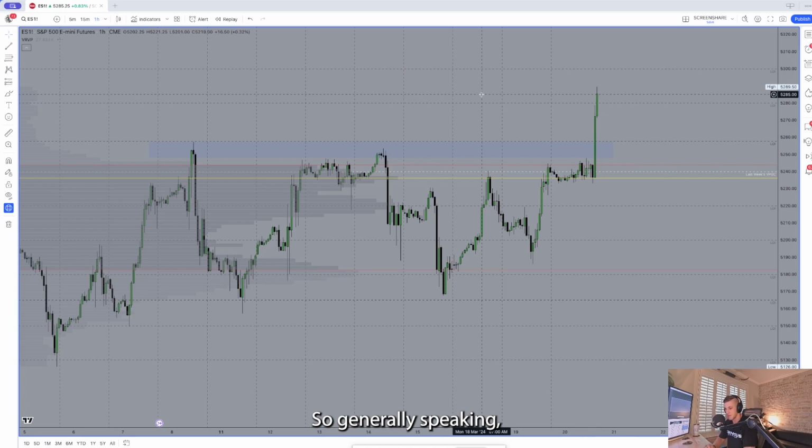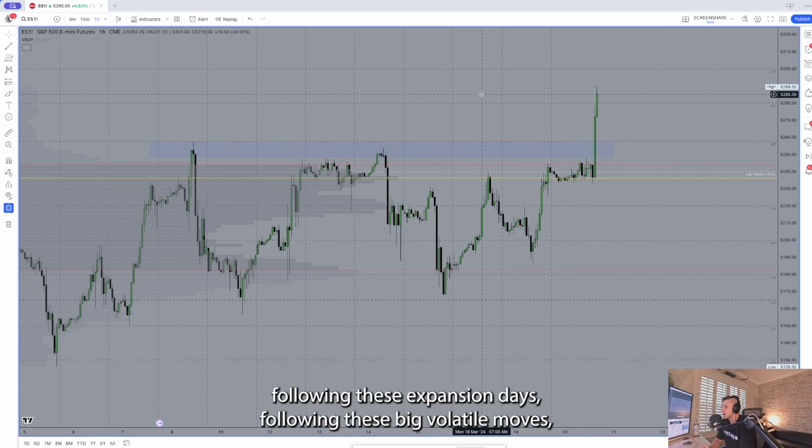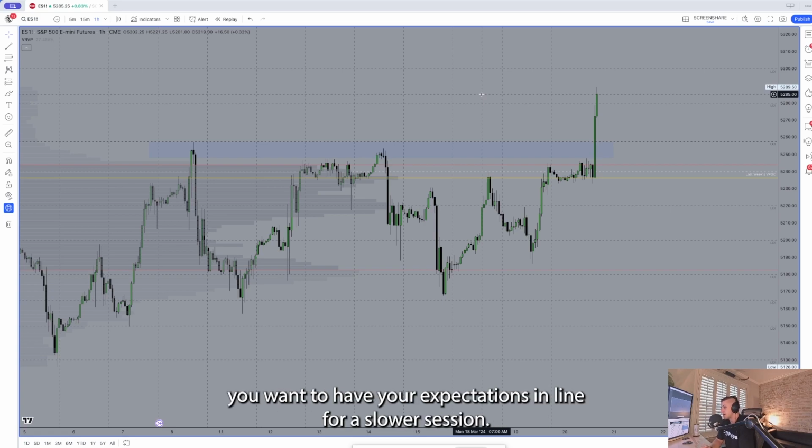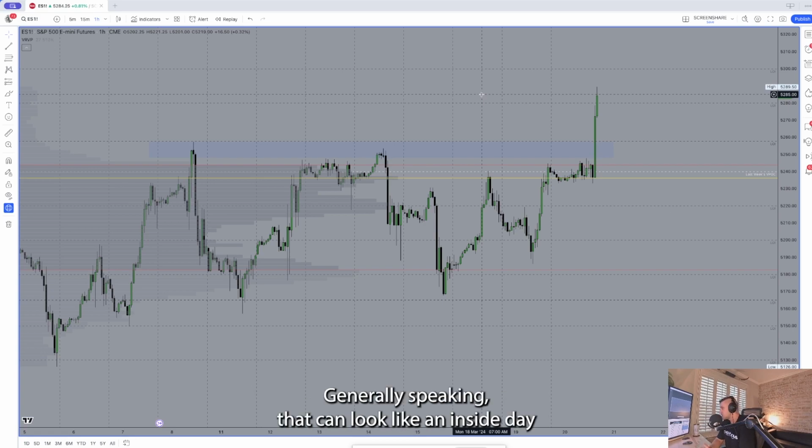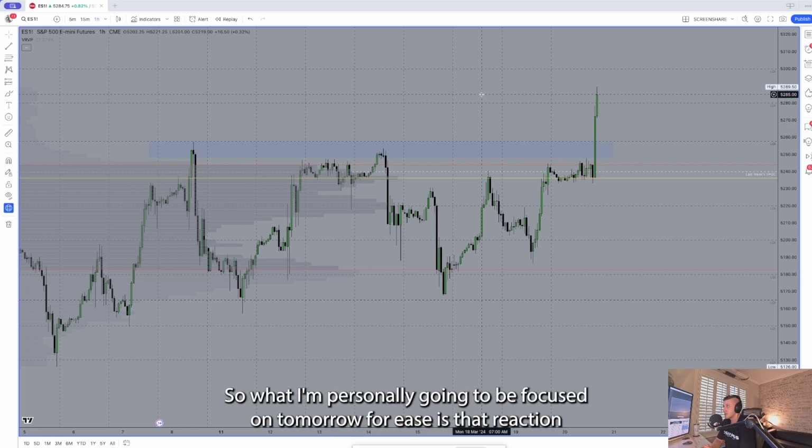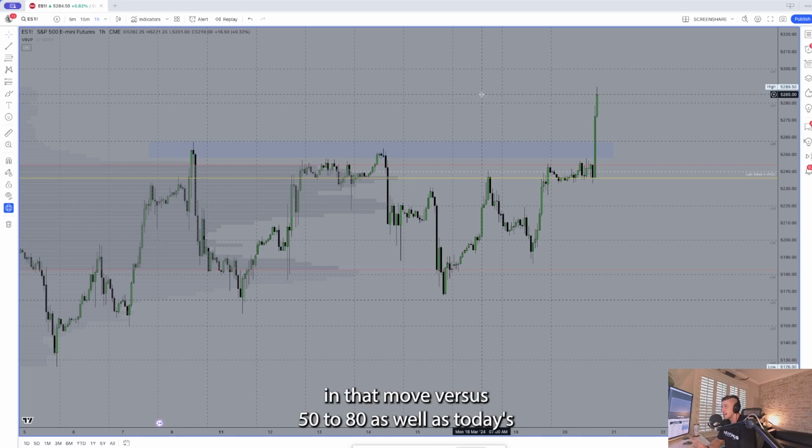So generally speaking, following these expansion days, following these big volatile moves, you want to have your expectations in line for a slower session. Generally speaking, that can look like an inside day or some type of volatility compression day. So what I'm personally going to be focused on tomorrow for ES is that reaction and that move versus 5280, as well as today's high up at 5289.5. That's assuming that price opens near where we're currently trading. Of course, that can change, and I will update during the pre-market prep live stream